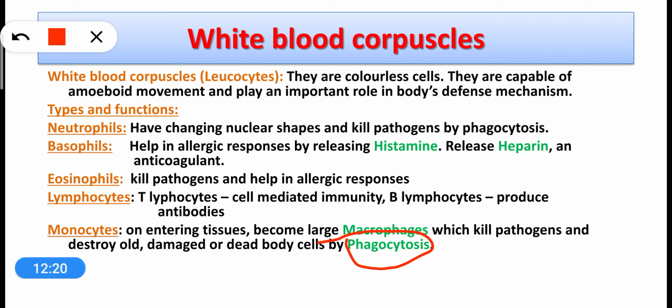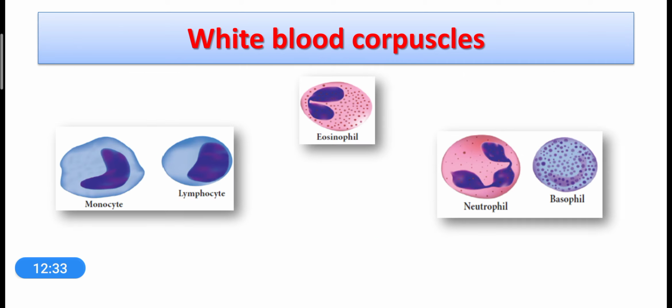You have already studied endocytosis. So when endocytosis is done by neutrophils and macrophages, then the process is called phagocytosis. Okay, so dear students, here you can see there are different